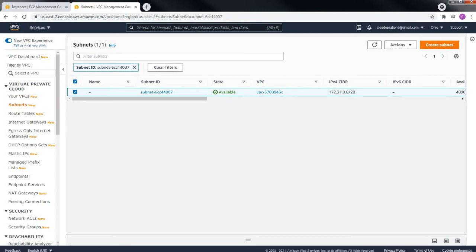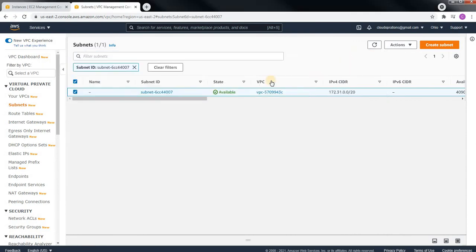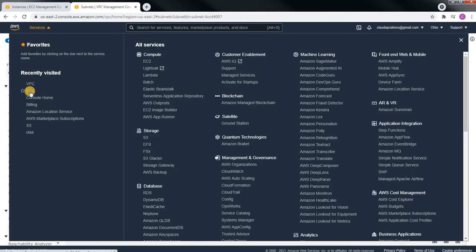Let me open my notepad. We resolved this. Now the next one, how to hide the DNS name. With a public IP you can see lots of DNS names, so how to hide that?